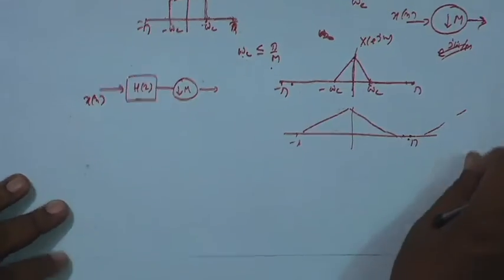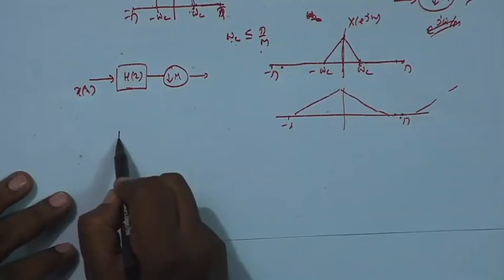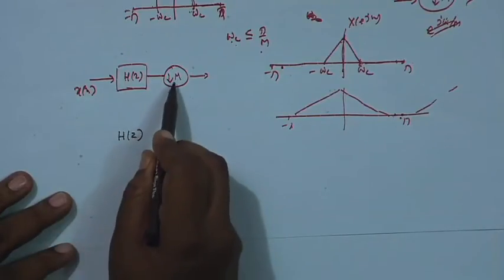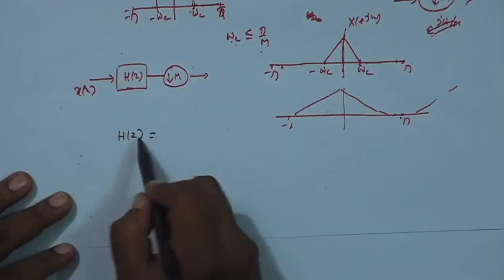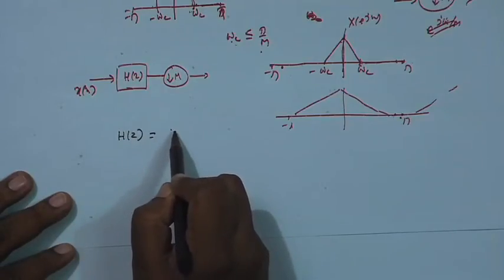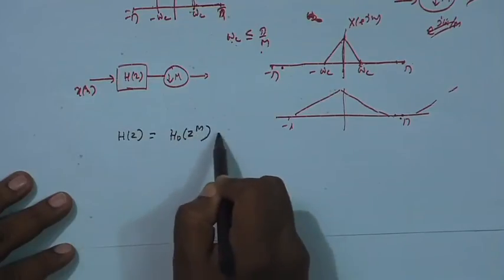For that, I remember the polyphase decomposition of H(z). Since it is capital M, I will look for an M-factor polyphase decomposition of H(z). That will be H0(z to the power M)